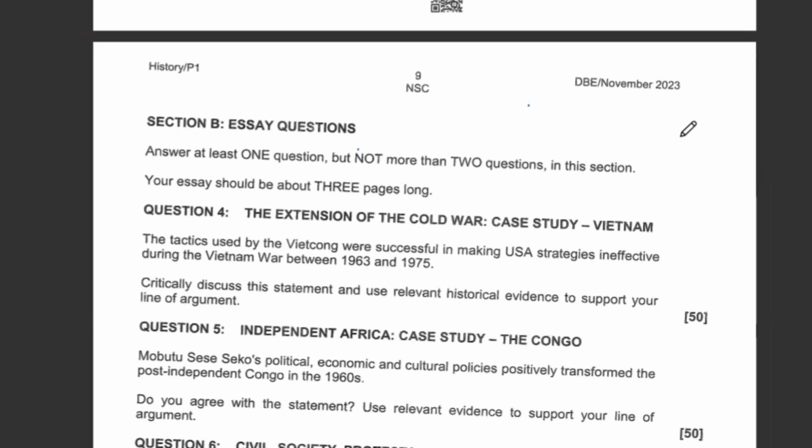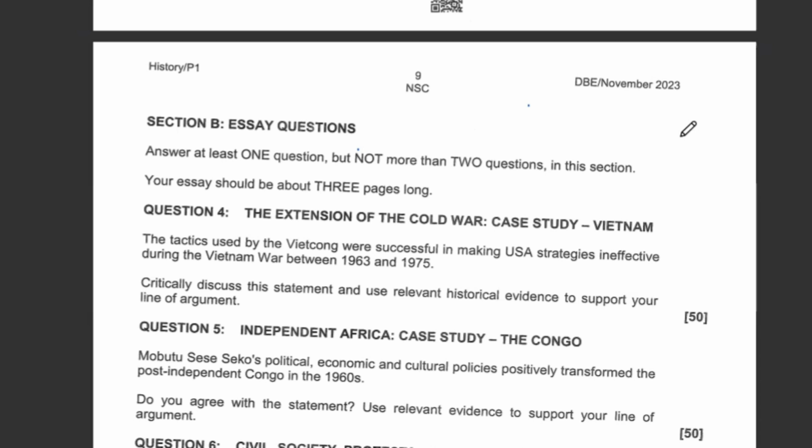What was the prevailing situation? And what were the prevailing conditions which led to the events which we want to elaborate on through history of time? So in this instance, our history is traced back to the Cold War, because this essay is solely based upon the extension of the Cold War. So our background information is based upon the ideology of the Cold War. I'm taking you back briefly to the ideas of the Cold War.